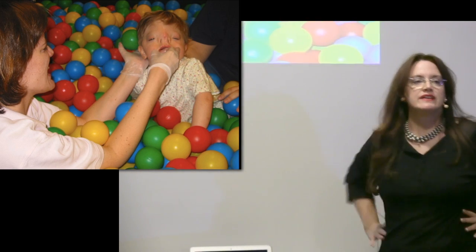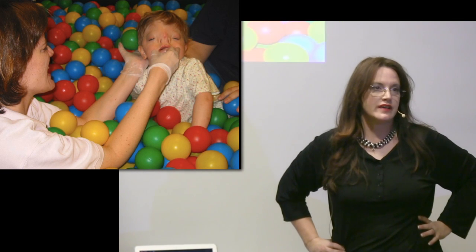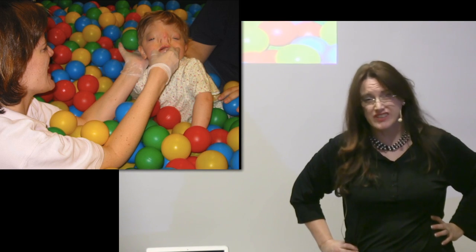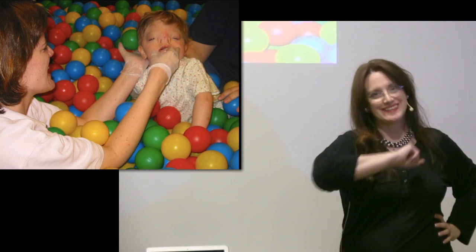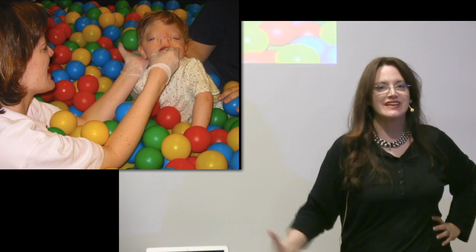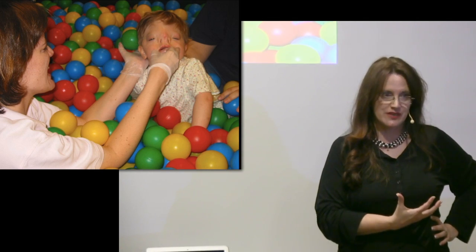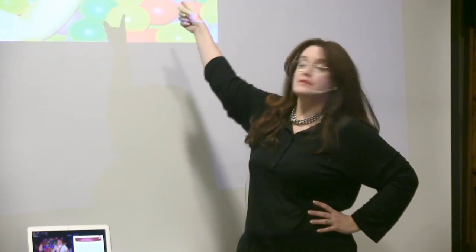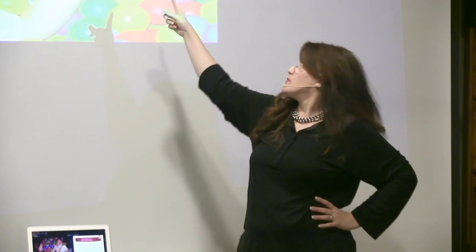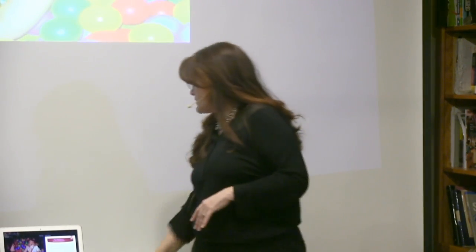So anyway, how am I getting in her mouth on like the second or third visit to do a C stretch? Trust. In the ball pit. And I'm in the ball pit. That's right. Because I'm giving lots of good sensory input and stuff that calms and relaxes. Also, I'm not the only one in there. Mom is holding her in there so that she feels safe. So some things to keep in mind as we go into